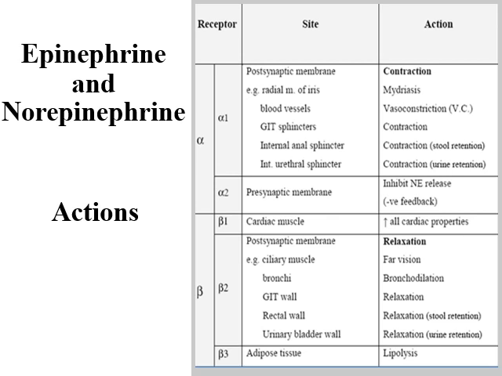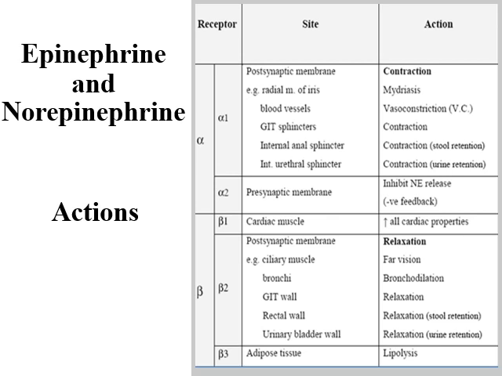Stimulation of alpha-2 receptor present in the presynaptic membrane will lead to inhibition of norepinephrine release, thus providing a negative feedback. Stimulation of beta-1 receptor present in the cardiac muscle will lead to increase in all cardiac properties, while stimulation of beta-2 receptor present in the postsynaptic membrane of the ciliary muscle, of the bronchi, of the GIT wall, of the rectal wall, and the urinary bladder wall will lead to